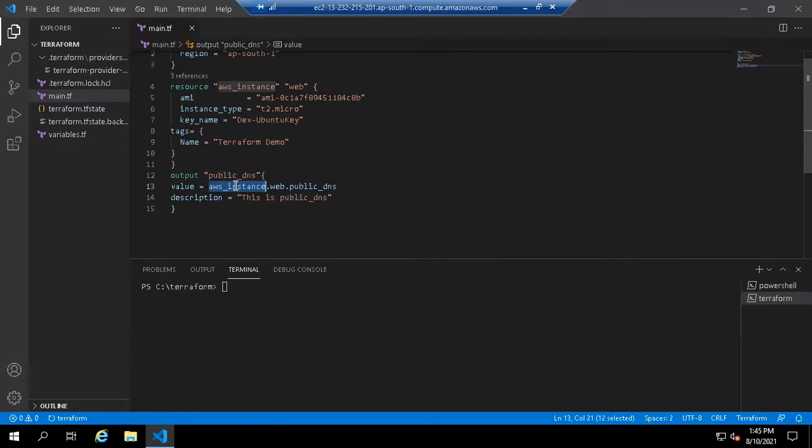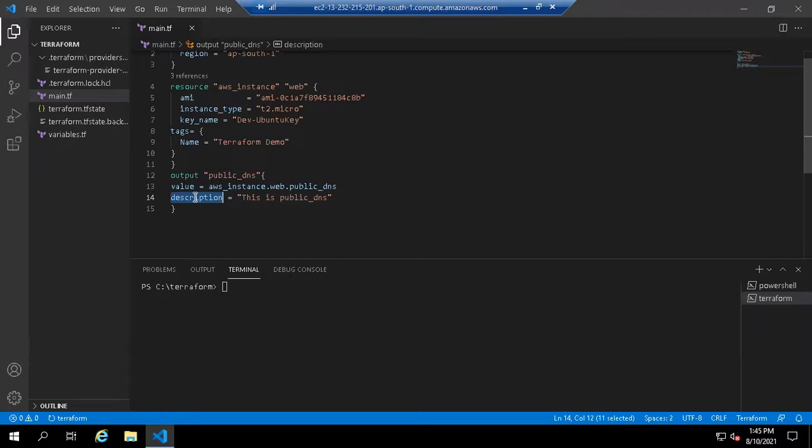And in value, you need to mention the keyword aws_instance. You can see in resource there is aws_instance, so you need to define the same name here, and then you need to define the name of your host, that is web, because here I defined the name web. Then you need to put public_dns. That's the keyword which you need to mention so that you will get the public DNS. Then last one, description.